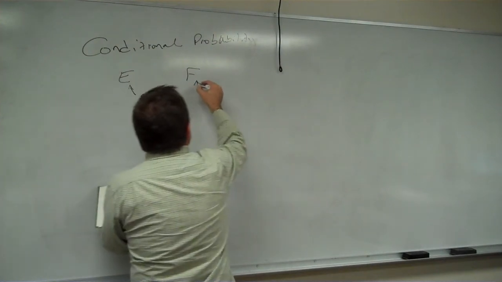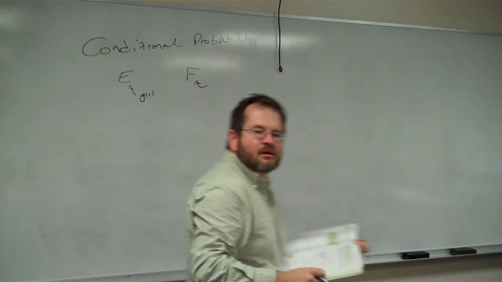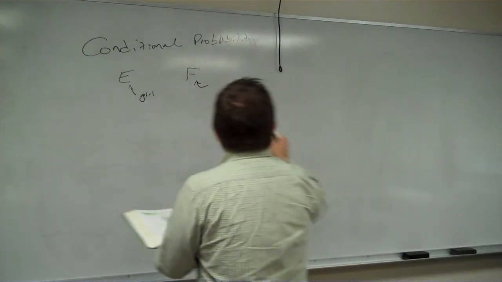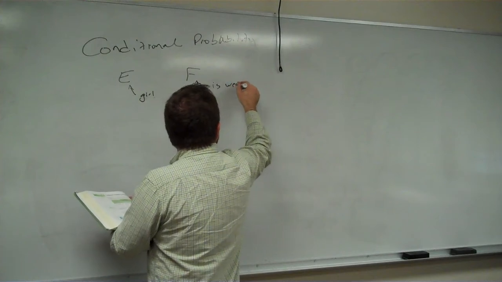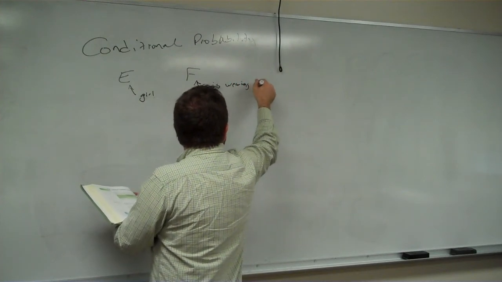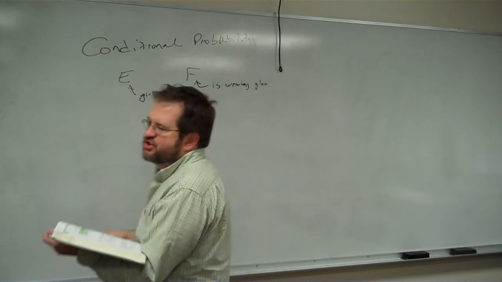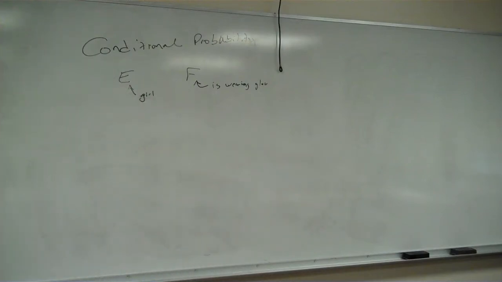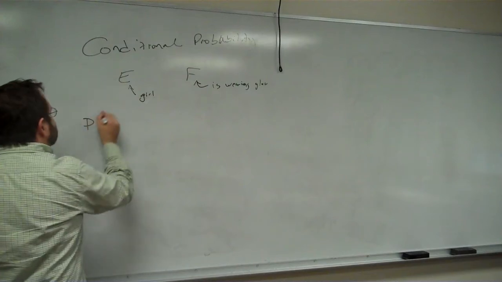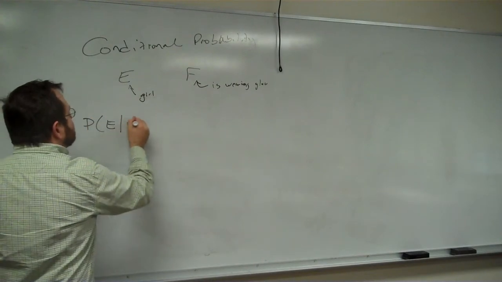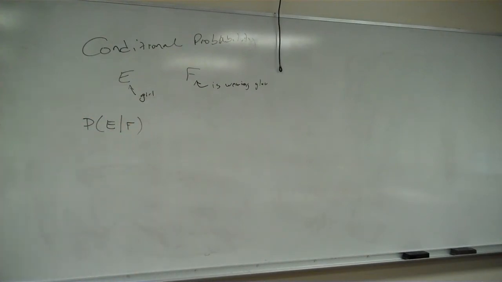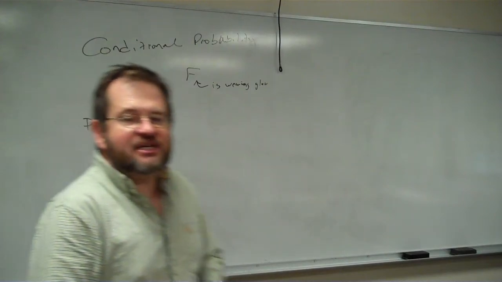And F is wearing glasses. Okay, so we're in this room right now among the students. I'm going to pick somebody at random. Those are 2 different things, right? And I could have the probability that the student is a girl given that the student I'm talking about is wearing glasses. Right? I'm going to pick a student at random,